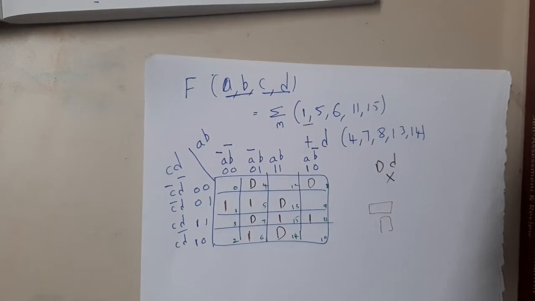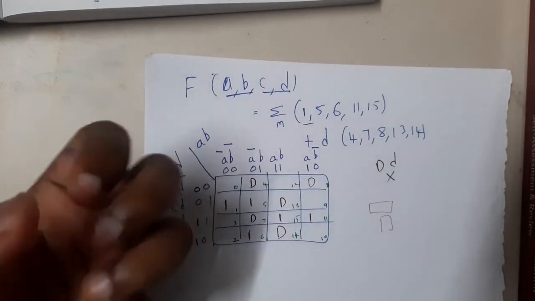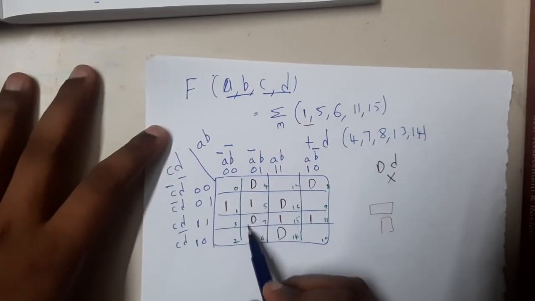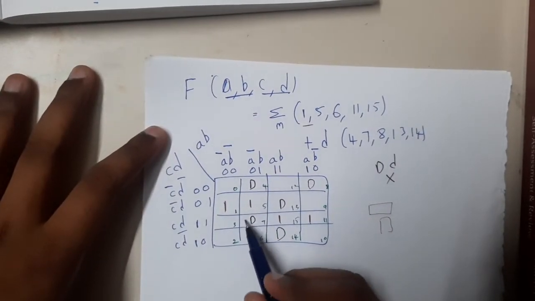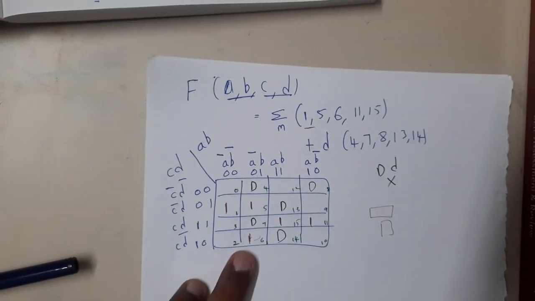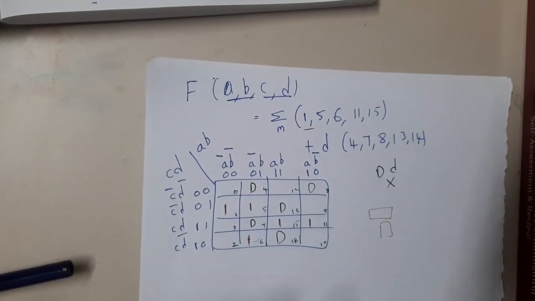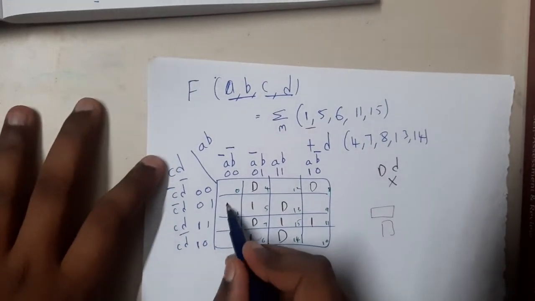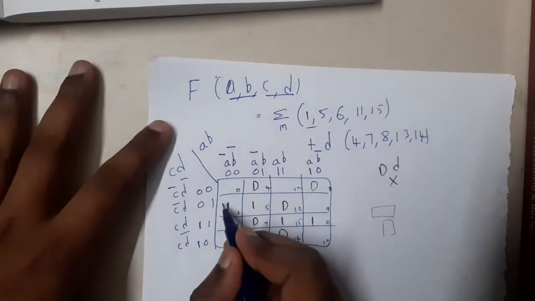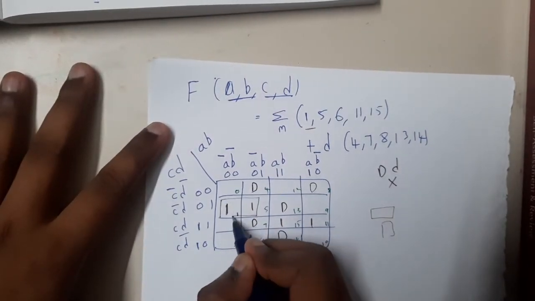So the thing is, take the things which cannot be taken easily. If you observe carefully, this 1 could be taken with these 4, again these 2, or these 2. So I am seeing multiple chances with this one. That is the reason why we take something which is unique. If you take this one, how many combinations can it make, guys? There is no option with it. It can make only this pair, right?